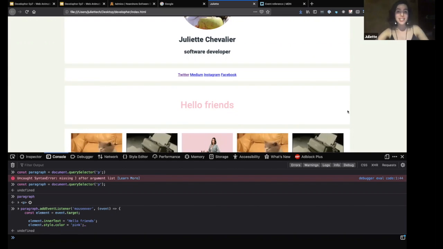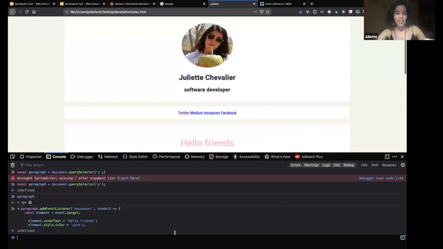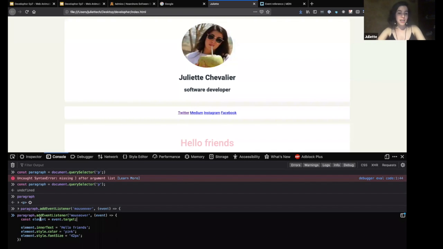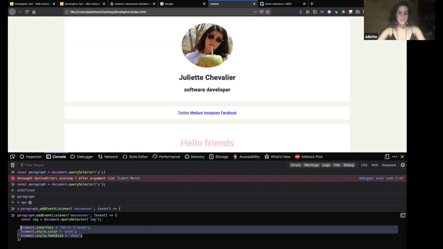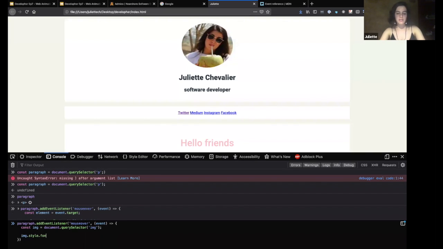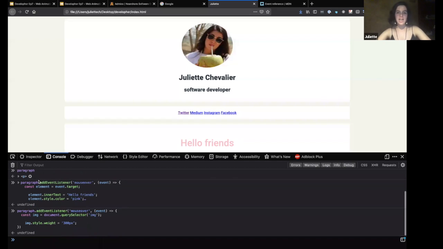Now, we can do this with anything in our site, right? I could have it so that whenever my mouse passes over my paragraph, maybe that's when my image changes. So I can have an image variable, which will be document query selector image. And then to that image, maybe we can pass a width, a different width. So that could be, let's say, 300 pixels, so that it's pretty obvious. So we enter that, and then when we go over it,